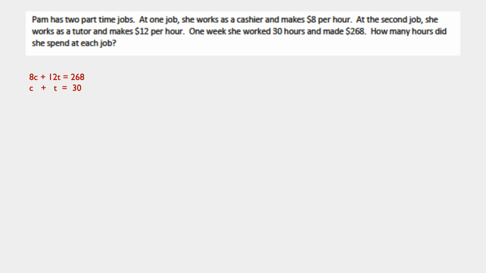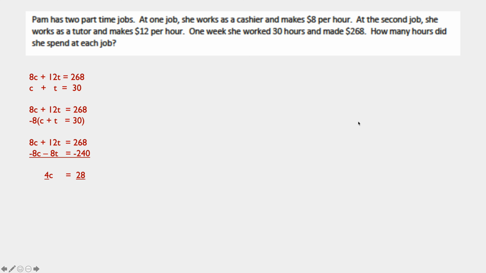And it would have been nice if we had another substitution to go over, but this is without a doubt easiest done with elimination. So I'm going to keep the first one the way it is and multiply the second one by -8. Keeping the first one the way it is and distributing -8 to everything in the second one, I get -8c minus 8t equals -240. Adding them up, I get